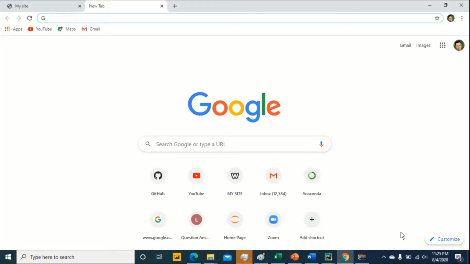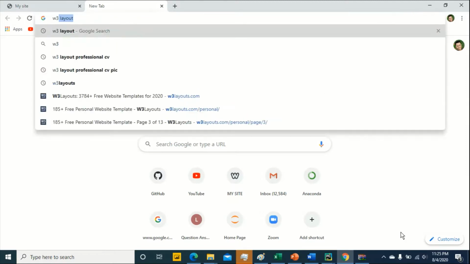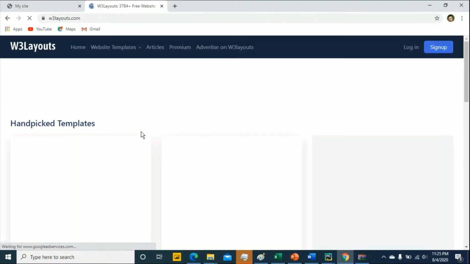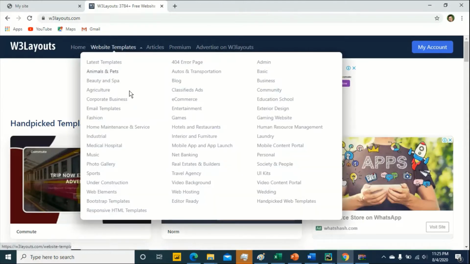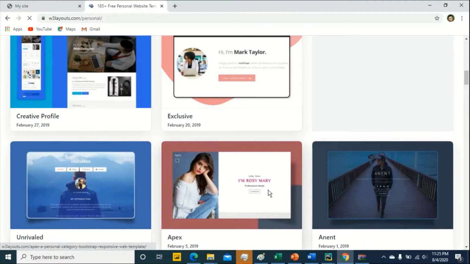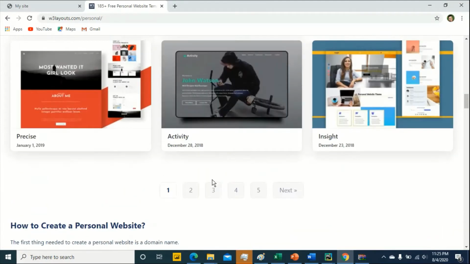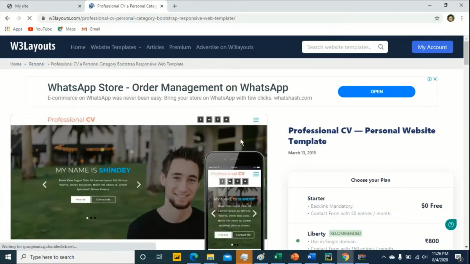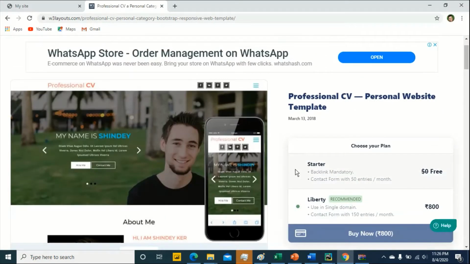What's up guys, in this tutorial we will learn how to download the templates from W3Layouts and deploy them on Flask. Let's start. Enter W3Layouts, click on W3Layouts, then website templates, here personal, and after that we will create a professional CV or portfolio site,